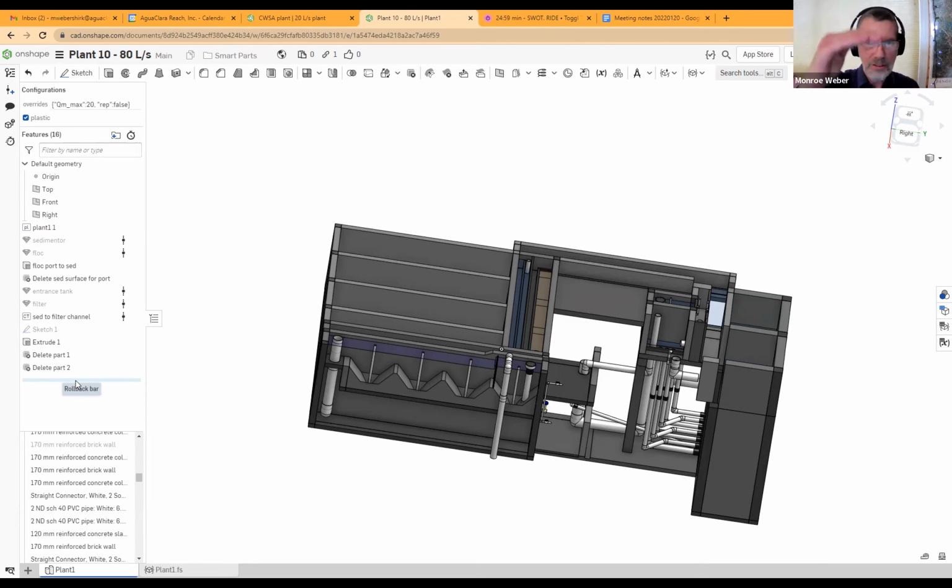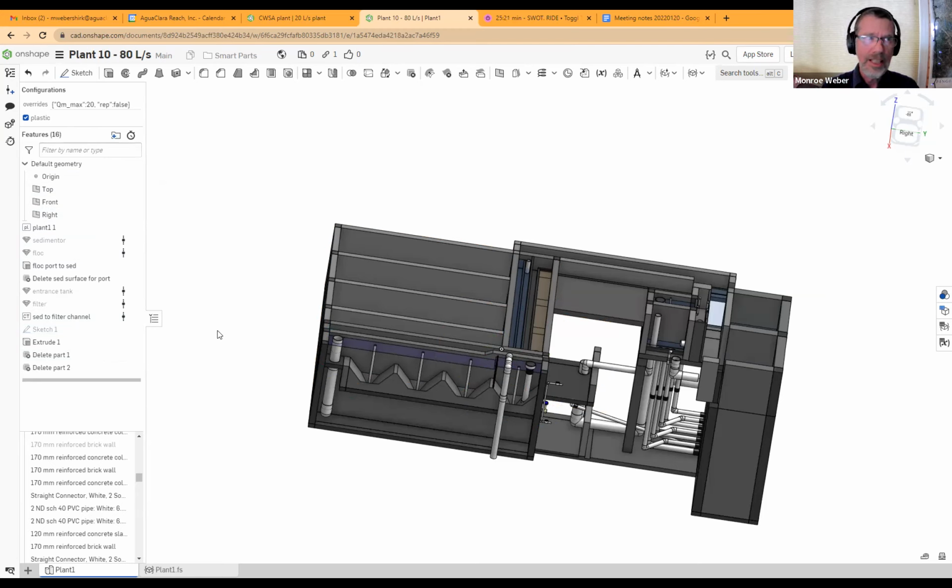So execution happens from the top to bottom. This is all just computer code, but with some nice interfaces that make it easy for you to create new objects. And you'll notice here that this is then the code that is used to create this whole plant,